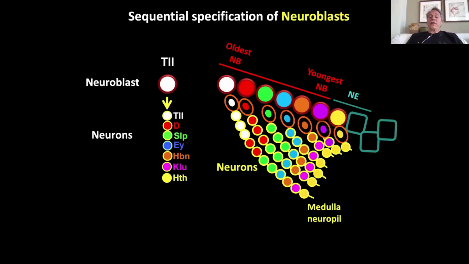And so we decided to try to figure out how this happened. Again, the way we defined those temporal transcription factors was a bit because we had available antibodies or we had some educated guess, but it was in no way systematic. So we said, can we use a systematic approach to identify the different transcription factors that can indeed specify this large variety of neurons that you can find in the optic lobe?